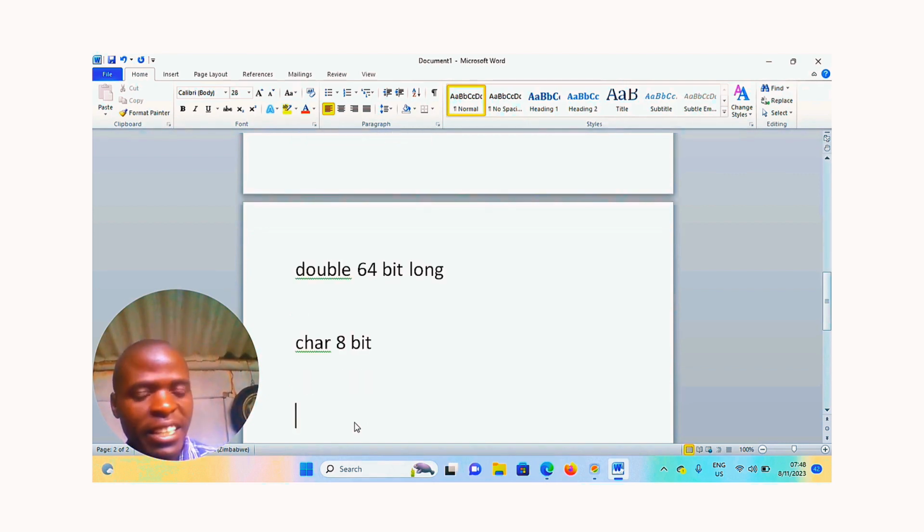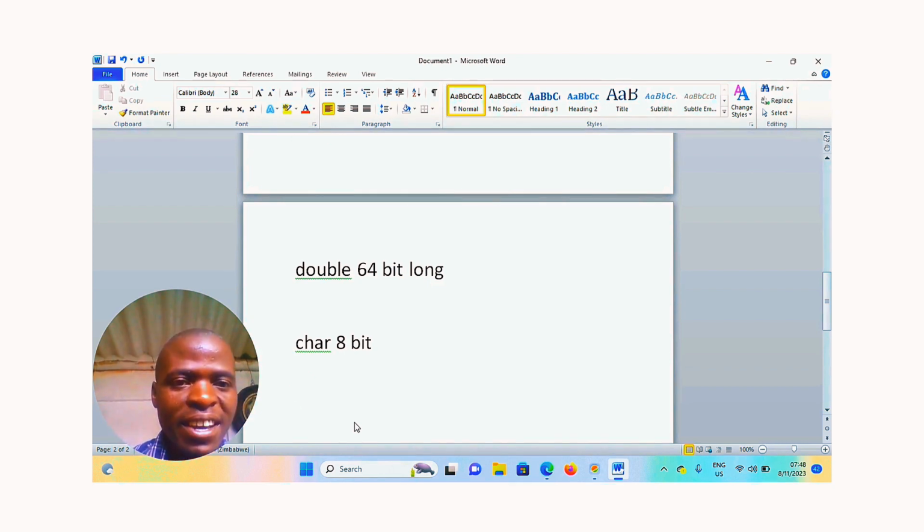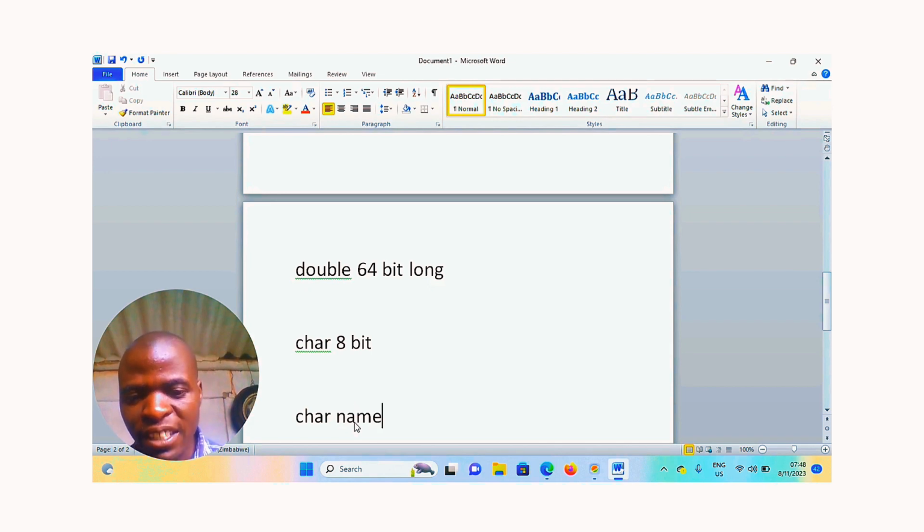If you want to declare a string in C that stores some value, you say char, and char is character, then you name the string, like name, then you put the text in quotes, then equals, and end with a semicolon.